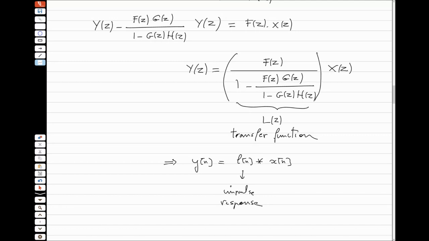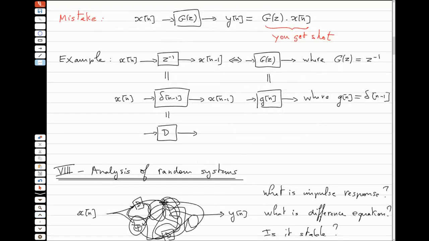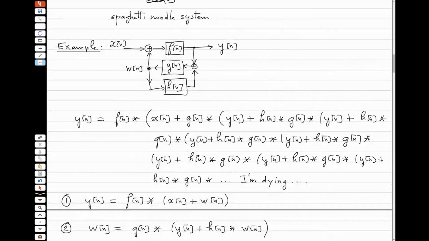But you have to imagine that each subsystem is a complicated LTI system. So you have to imagine that f of z is itself a complicated LTI system, maybe